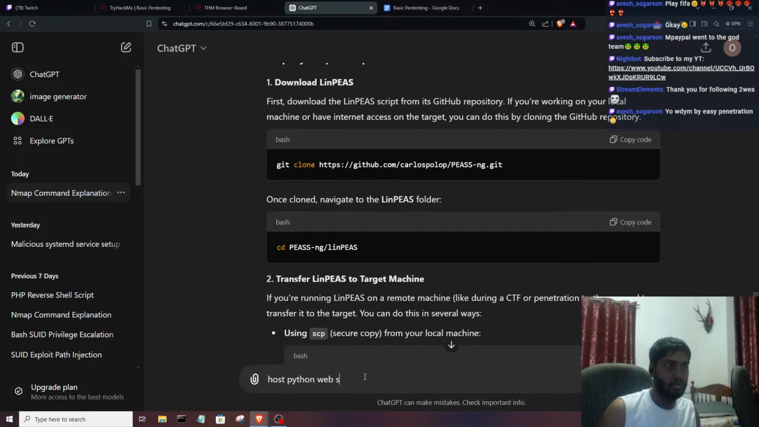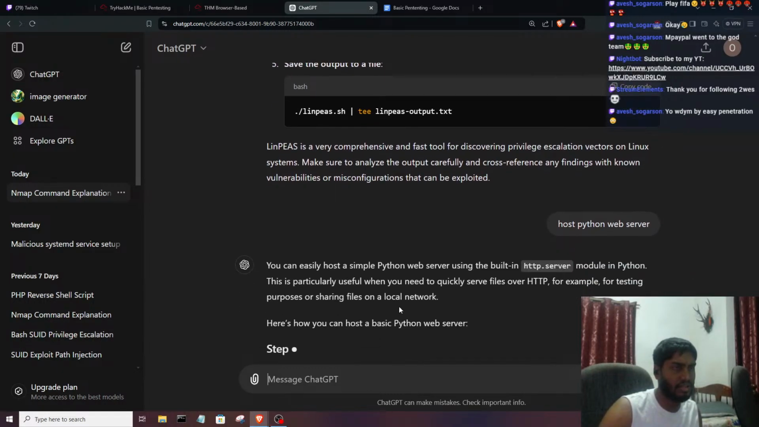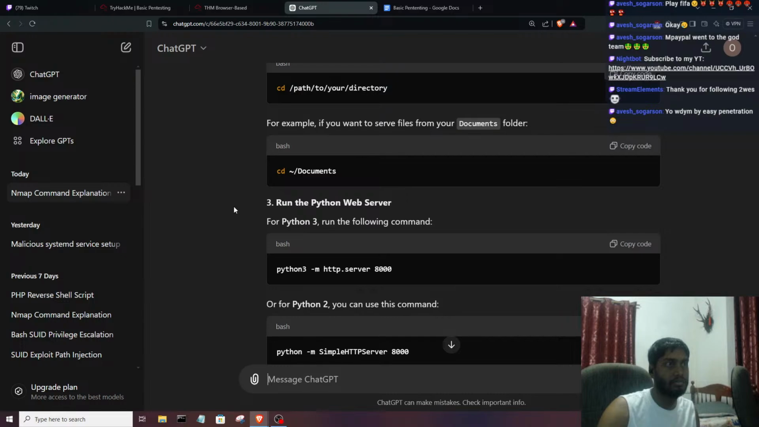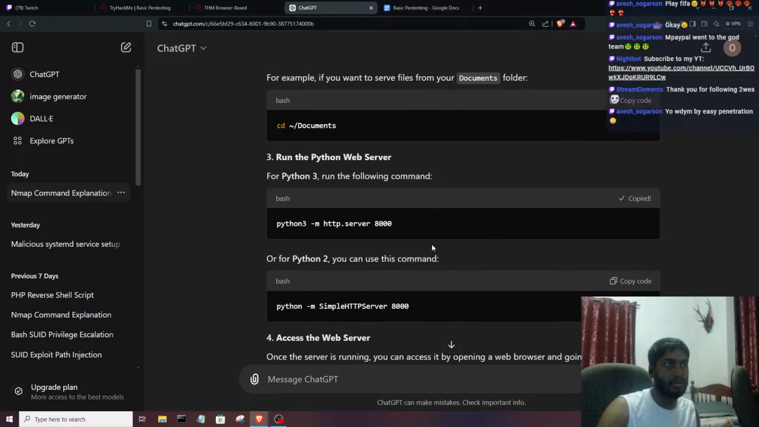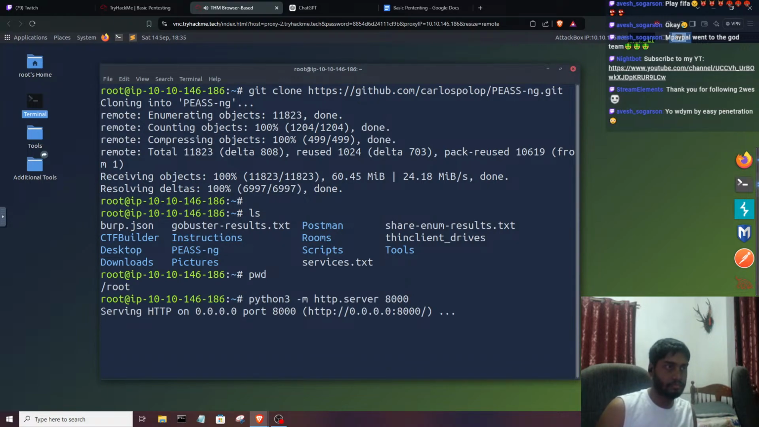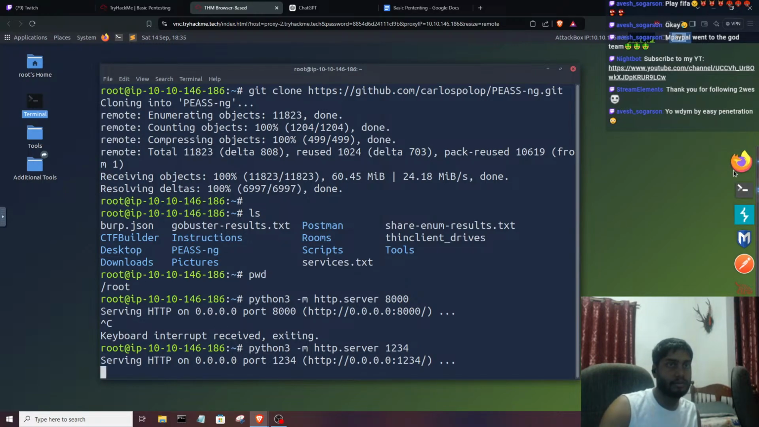Python web server. I think it's python3 -m, and then the http server, something like that. Yeah, python3 http server, and I'm going to host it on port 1234. Oh, let me just cancel that. Let's run it on port 1234. There we go. We got the server set up right here, and now let's go